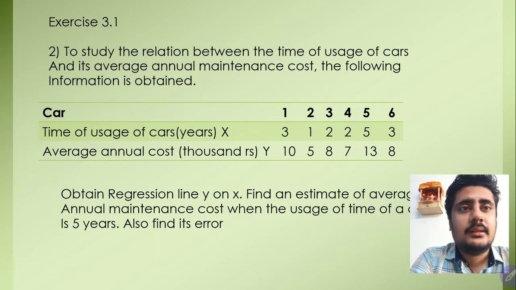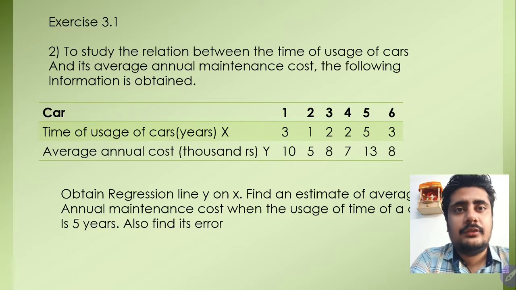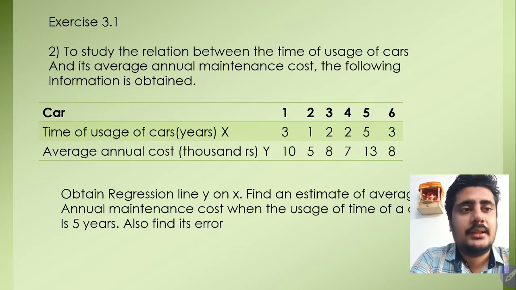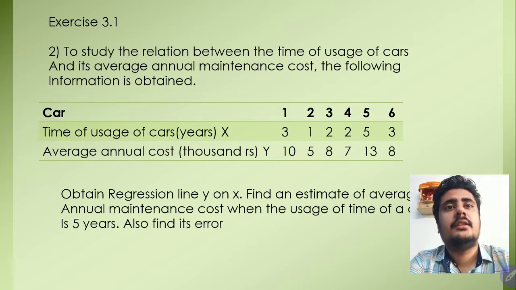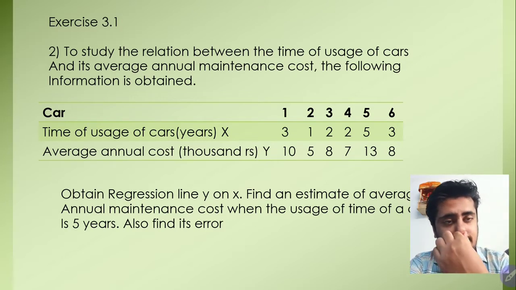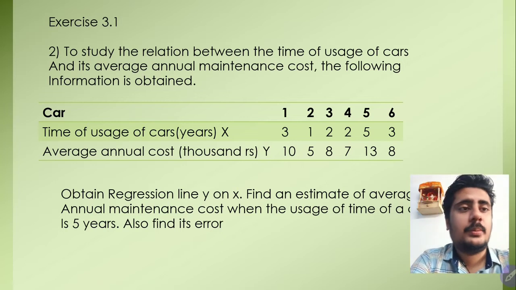Step 2 was to find a. a was y bar minus b x bar. Then our third step was y cap. Y cap means estimate of y. What was the formula of y cap? It was a plus bx. So this is basically the formula we have learned in last lecture, and one more topic we have discussed, and that was error, and we have done illustration number 2 of this chapter.